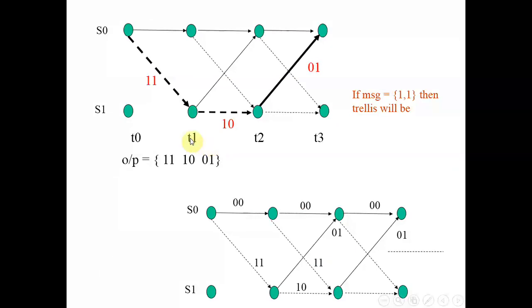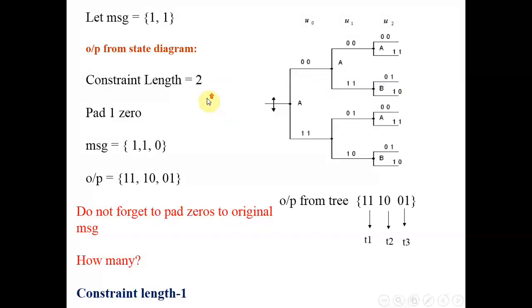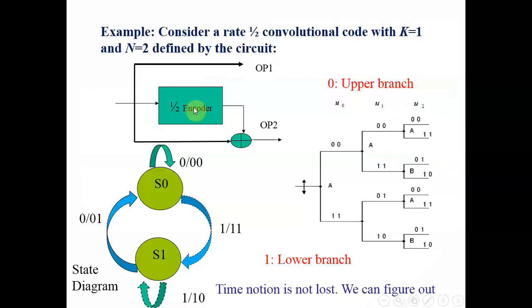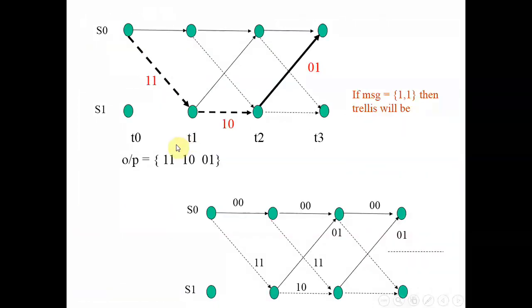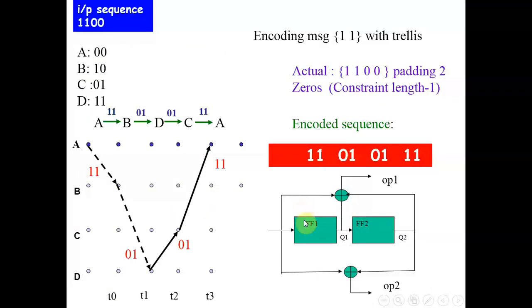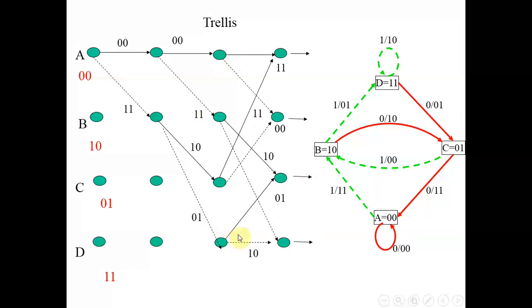Till that particular point, all the 4 states don't take part in the trellis, right? If you go to the previous diagram, you can see that at the first clock, or first bit, only the first state is active. From the second onwards, both the states start contributing in the trellis. The reason is the constraint length of that encoder is 2, so at the second time instance the 2 states are active. Similarly, the constraint length of this new encoder is 3, so at t equal to 3, all the 4 states come into picture and actively take part in the trellis. So this is the trellis representation.